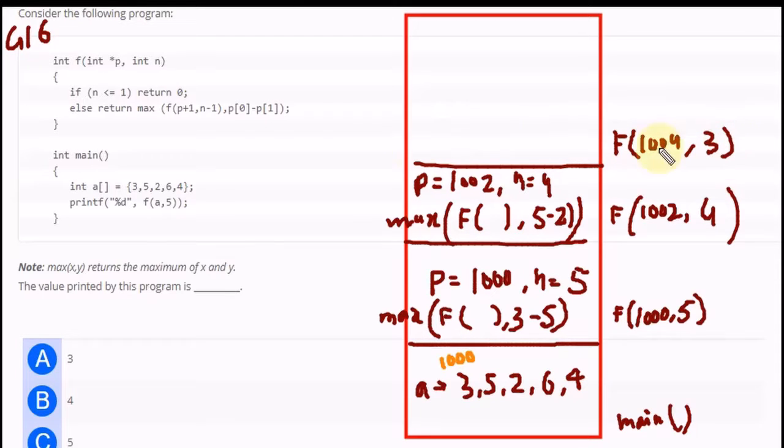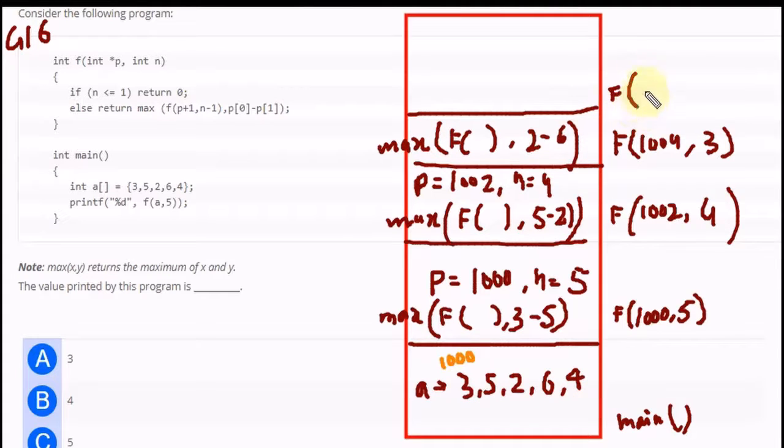Again p will be 1004 and n will be 3 in here. This condition is false, so we will be executing the else condition, and we are going to return the maximum of the value returned by function f, and 2 minus 6. Again we are going to call function f with the values 1006, because this will be increased by 2 bytes, and 2.